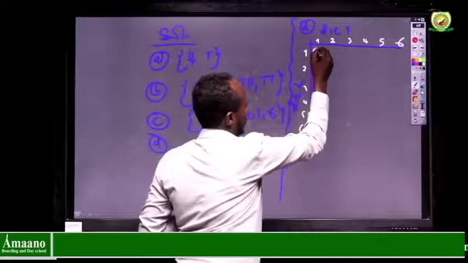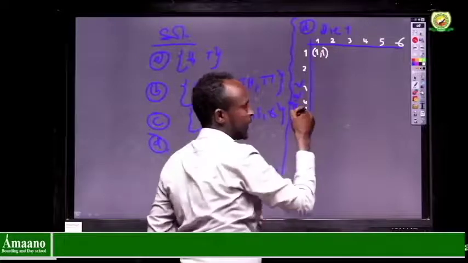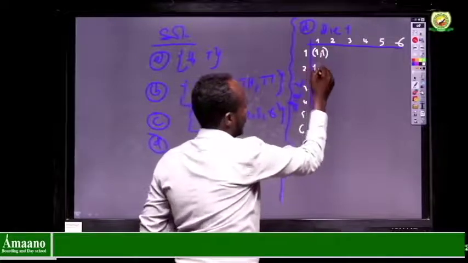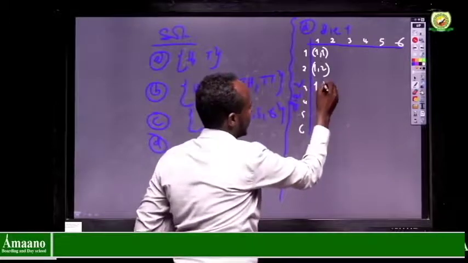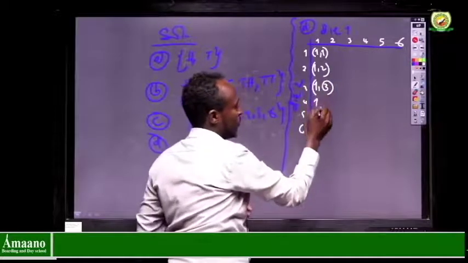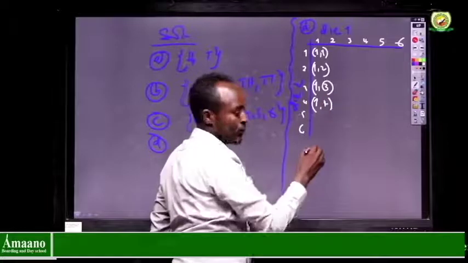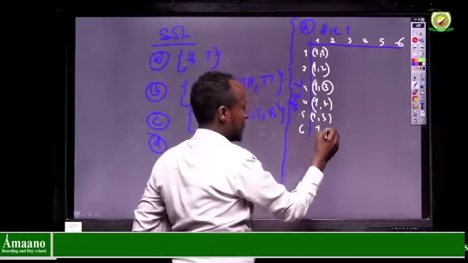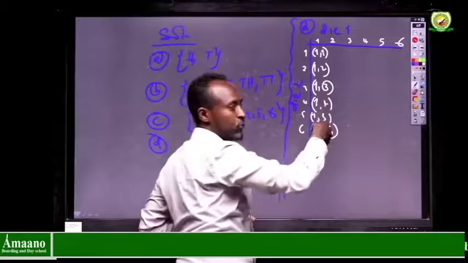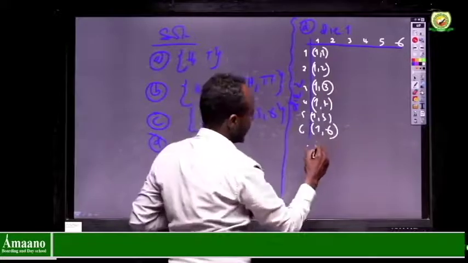You will proceed like this. If we get 1 from the first die, we can get 1 from the second die. 1 from the first die, 2 from the second die. 1 from the first die, 3 from the second die. 1 from the first, 4 from the second. 1 from the first, 5 from the second. 1 from the first, 6 from the second. These are 6 possible ways, and you can proceed like this. Then you will get